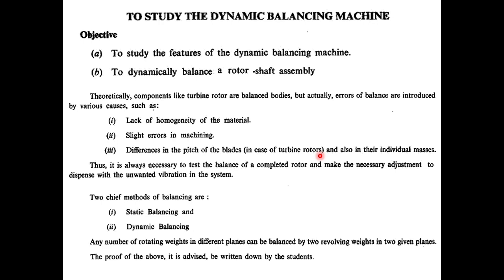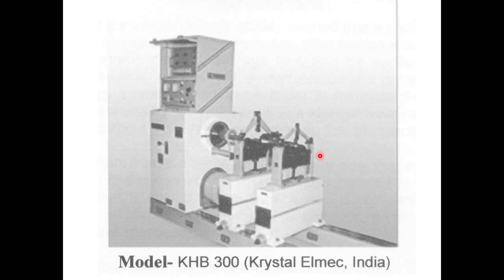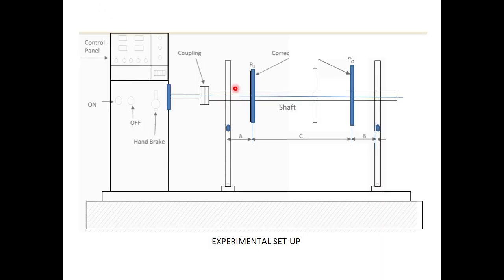So what we do is we use a machine. Put a rotor there. This is the rotor. You see, from this point, from the end point of the coupling to the other end point, this is the rotor. The rotor consists of the shaft. There are some discs. In this one, 3 discs are shown. There can be some more discs as well.